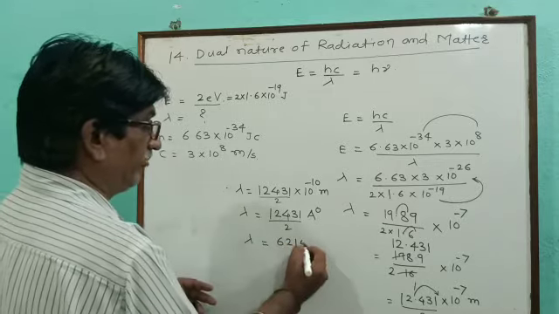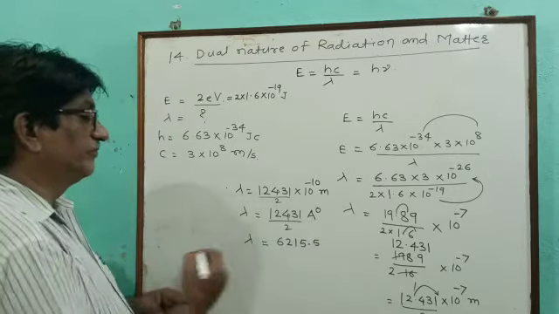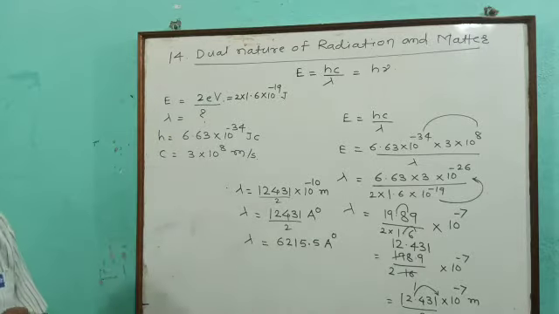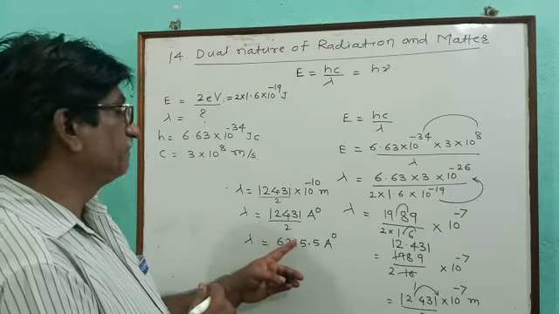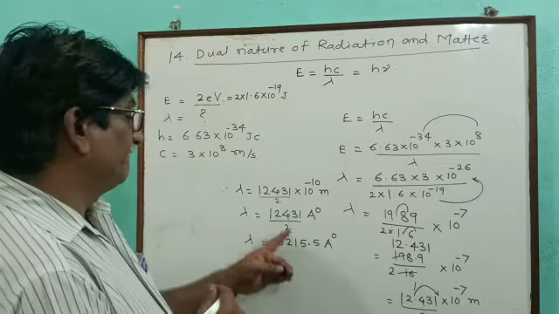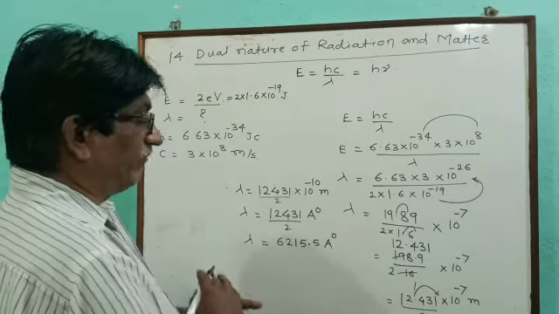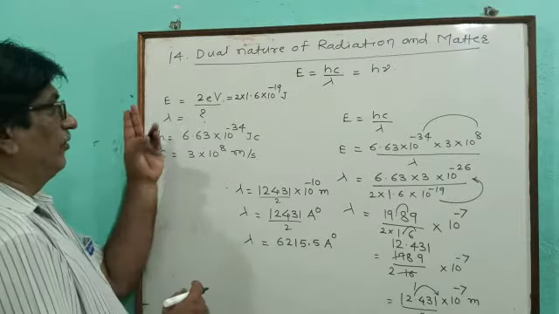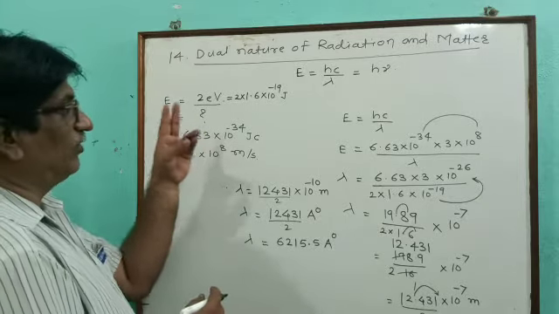6,215.5 angstrom unit. Okay, means we can see when energy is 3 electron volt, when energy is 4 electron volt, when energy